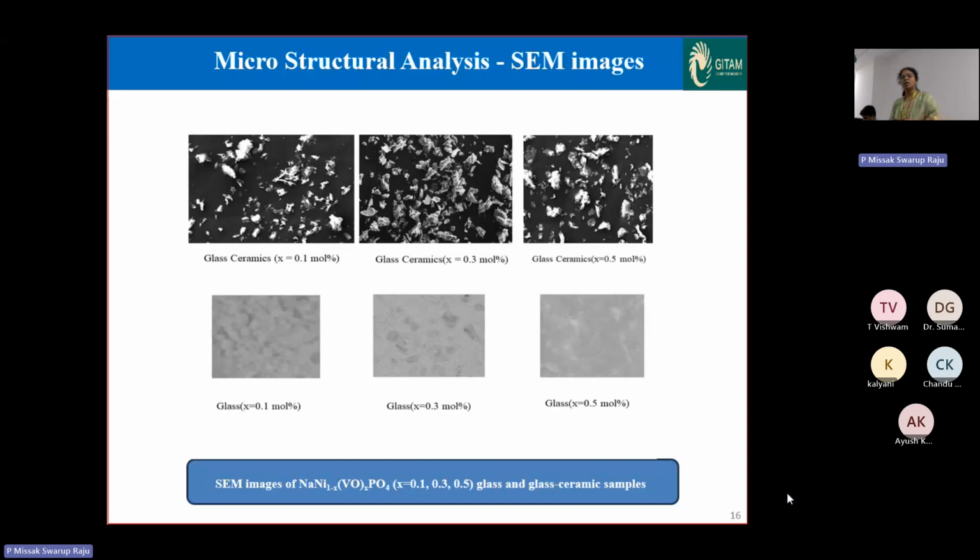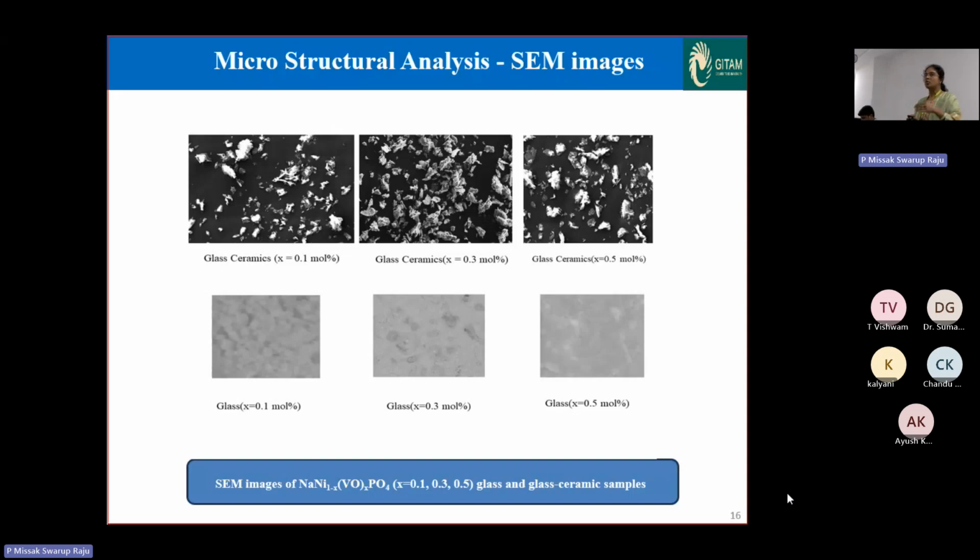Here are some images for the three samples. The below three images are for the glass samples. The above three images are for the glass ceramic samples of the same composition. We can observe these samples. X is equal to 0.1 mole% is the first sample. Here all the atoms are located in different positions, but compared to X equal to 0.1,